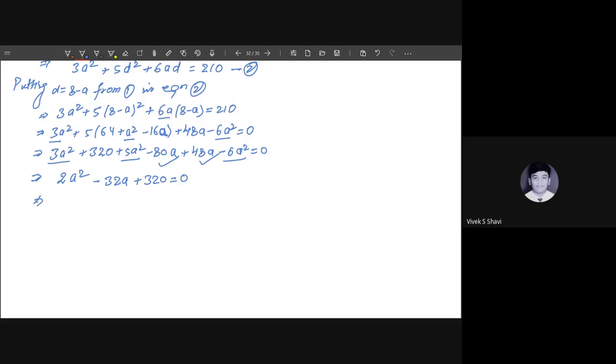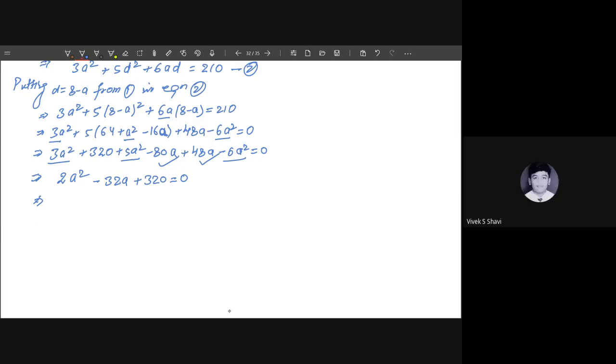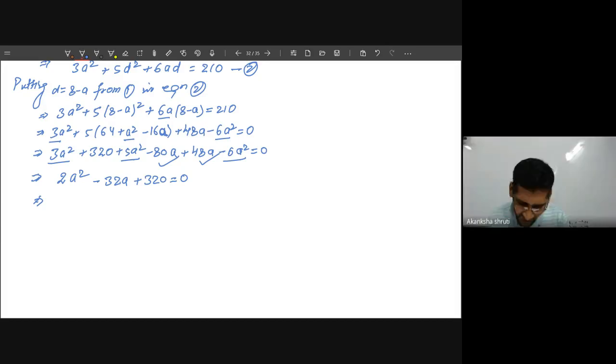Student: Sir, how does this become 0? There is 210. Yes Vivek, tell me. Sir, one more term is there, 210 on the right hand side. Okay, sorry. Yes, 210 has to be brought to the left hand side, so that has to be subtracted. That was missed somewhere. So it is minus 210. Good. So students, this has to be equated to 0.